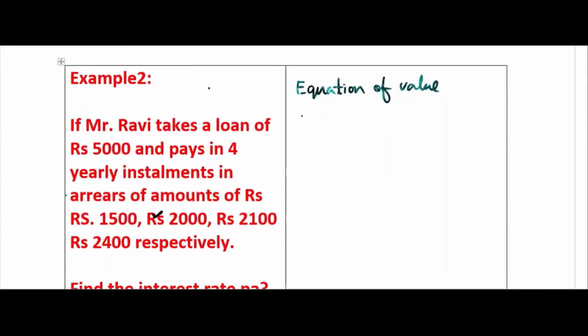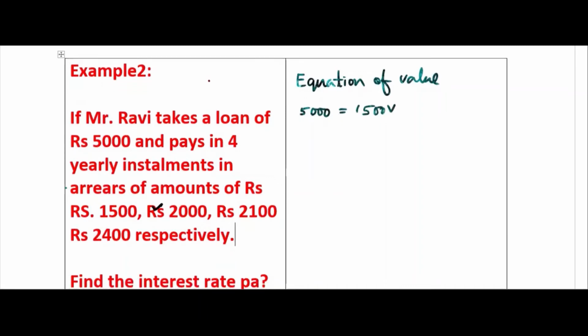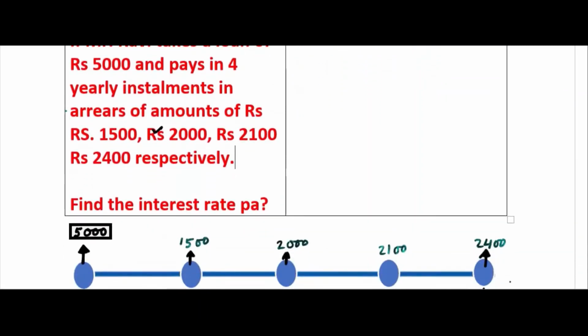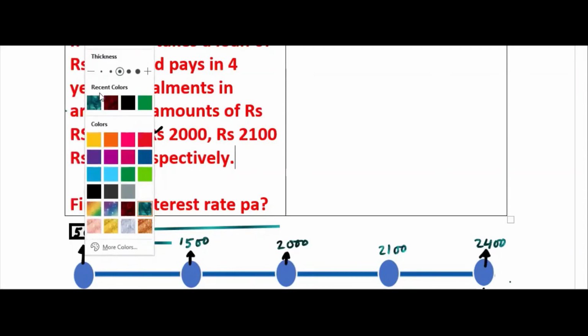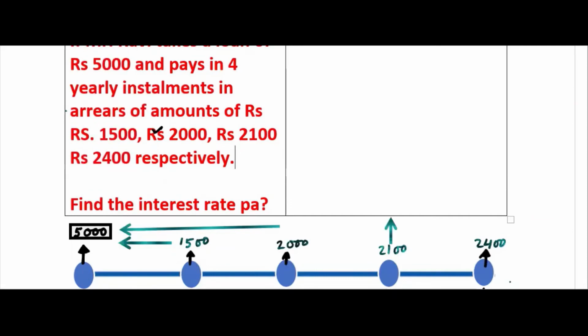Okay, 5000 is equal to 1500 V. I have to write this way. You see, I have to find the discounted value of this one, discounted value of this one here, discounted value of this one here. Okay, discounted value of this one here, discounted value of this one,